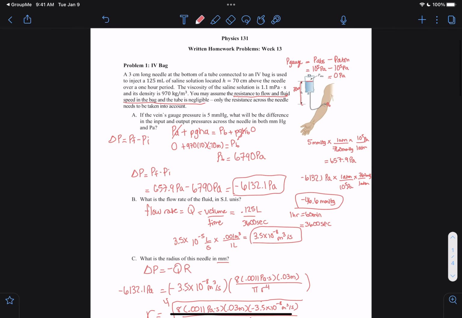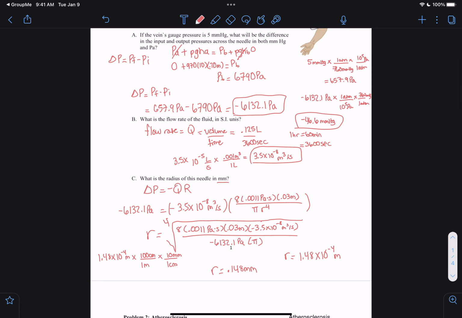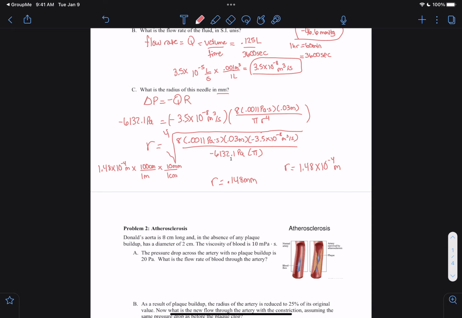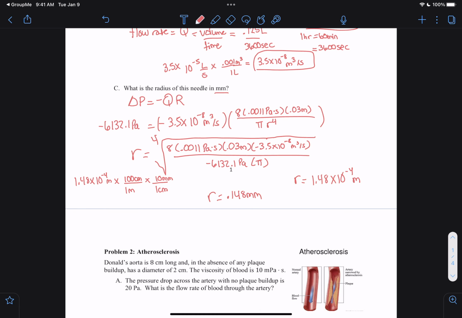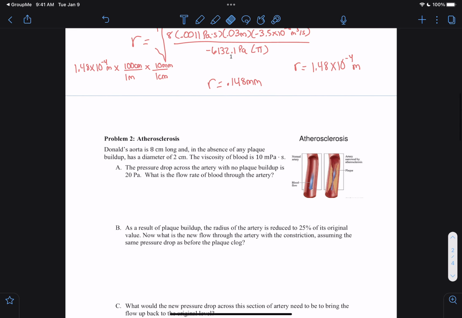Sound good for problem 1? Okay, all right, just want to make sure. Alrighty, so problem 2 now,